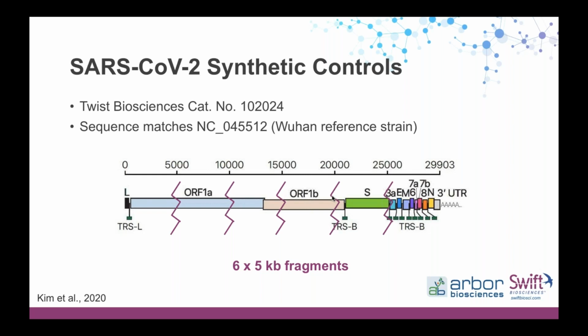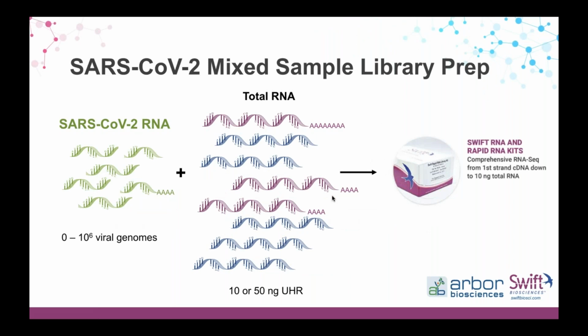And so what we were able to do is take different numbers of viral genome copies from this control and mix it into a total RNA sample. We used universal human reference RNA. It's a traditional reference RNA sample that's very diverse. It's made up of 10 different cell lines. This is to mimic a sample that might be extracted from a swab, where you would have a lot of that genomic host RNA and then a very little amount of your actual SARS-CoV-2 RNA present in that sample. We tested between 0 and 1 million viral genome copies mixed in with 10 or 15 nanograms of the